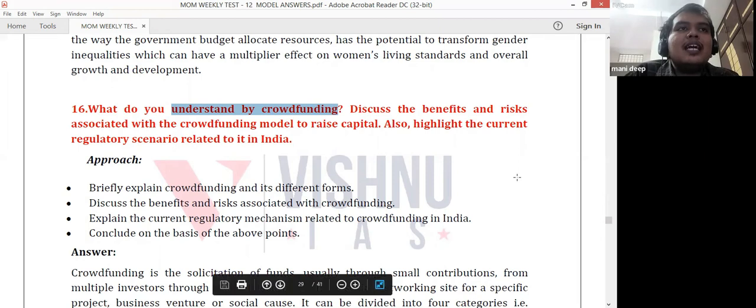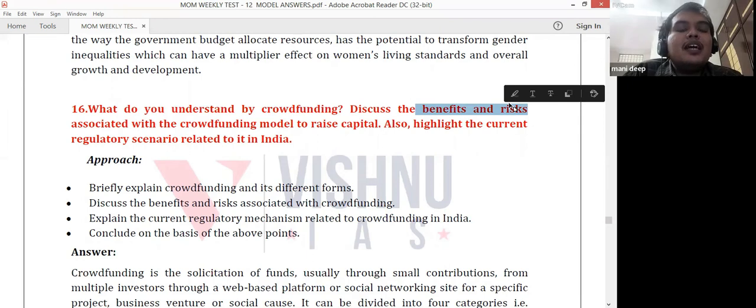The second part of the question is asked regarding benefits and risks. What are the benefits associated with crowdfunding? One benefit is that it taps new investment opportunities. Up to now, we were limited to industries or institutions having a huge capital base, but now you are tapping into a never-seen base. Second, the complexities of laws and of the contract system are very much limited. Third, we can have flexibility in interest rates. So much power is there with the one who is issuing the bonds and the one who is giving the money.